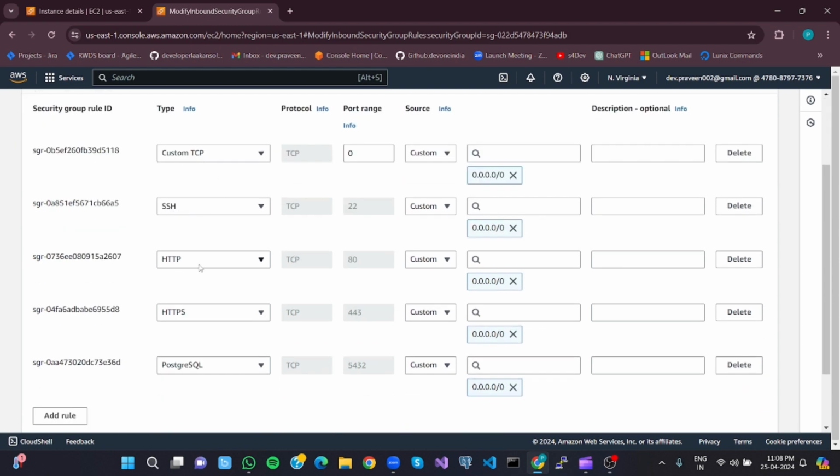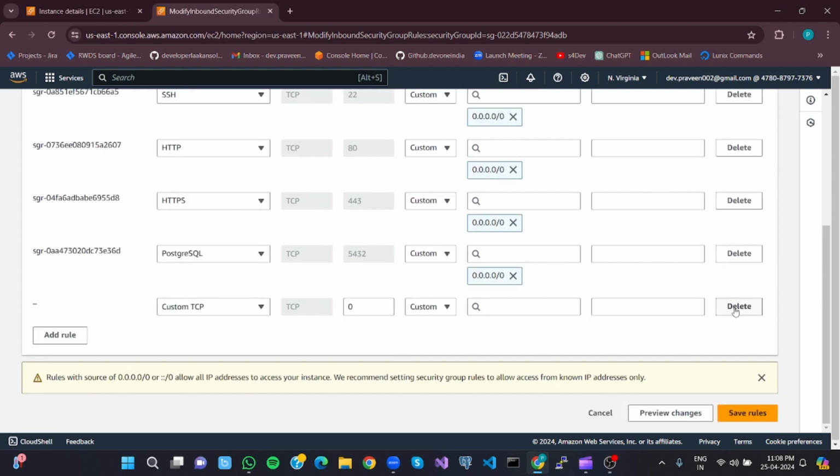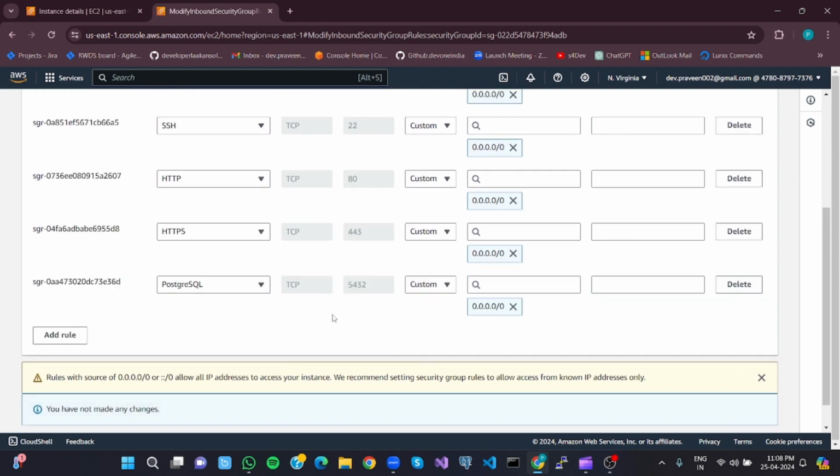TCP, SSH, HTTP, HTTPS, and Postgres. I'm using Postgres, and click Add rule. Once you have added a rule, it will add another custom TCP. So you can add a rule by this one. Save rules